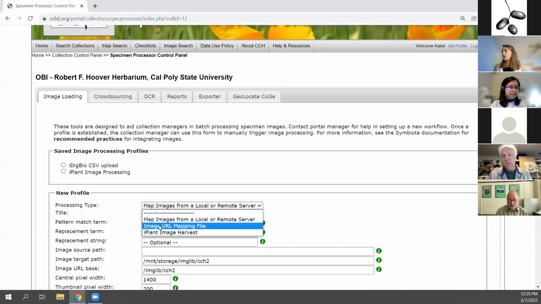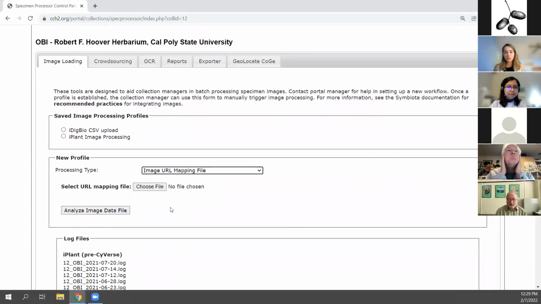if I wanted to do a URL mapping file, all you're going to do is upload a file that has a catalog number column and a URL column. And there can be multiple URL columns. So there could be a large image URL, a thumbnail URL, a medium size URL, whatever. But you just need a very simple CSV or spreadsheet that is just catalog number and URL. And it's pretty snazzy. It just uploads that URL right into the portal so that you can access those images